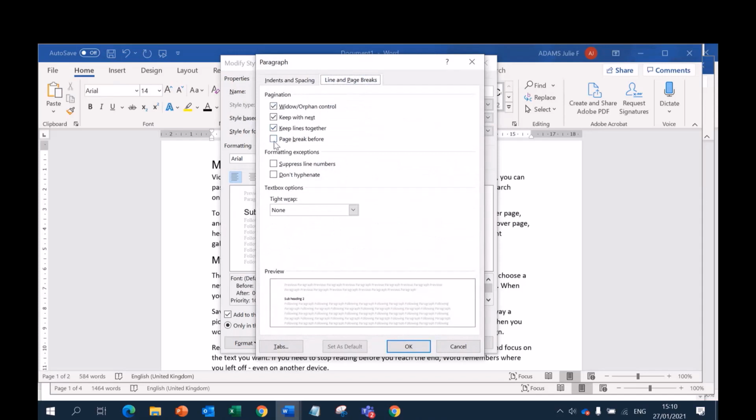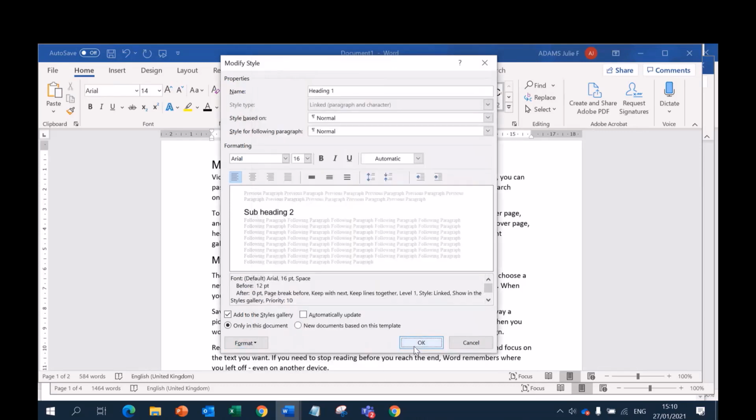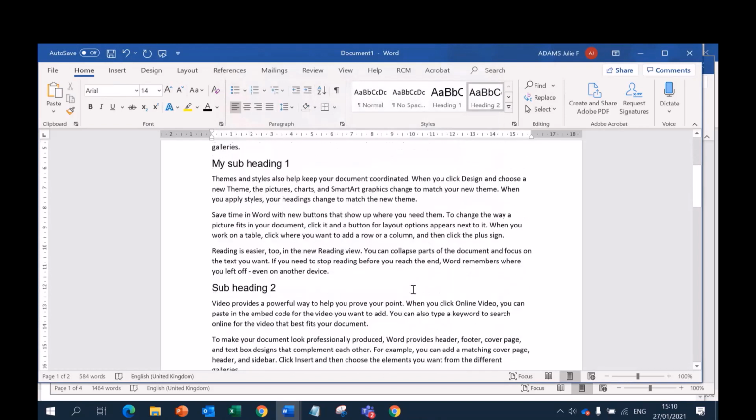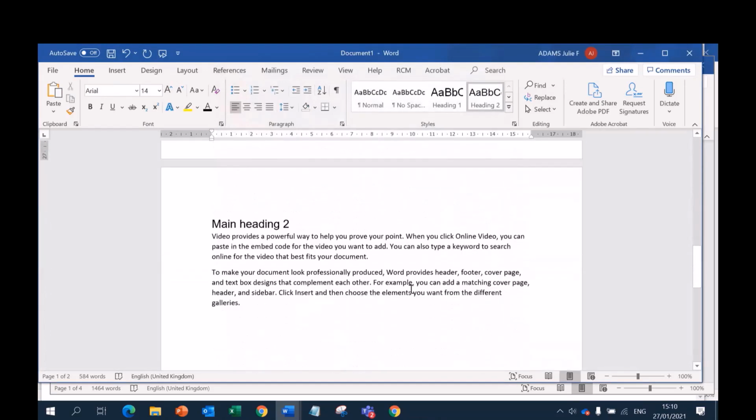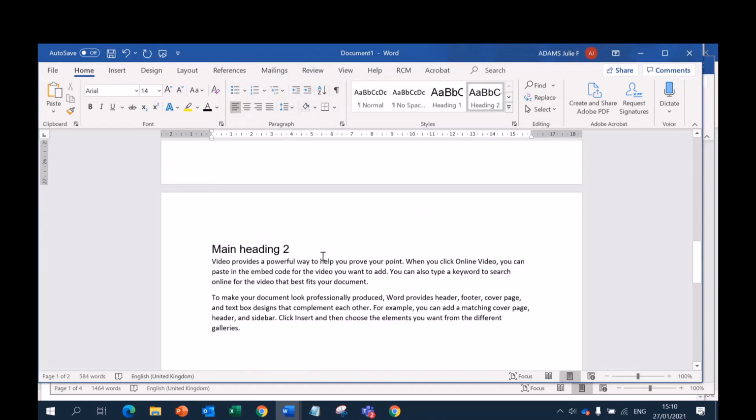I'm now going to ask it, whenever I put in a new main heading, a new heading 1, my chapter heading, I wanted to put an automatic page break before that heading. So if I now say OK to that and OK to that, and I scroll down, you'll see that where I'd now created my main heading 2, it's gone onto a new page for me automatically. So that can be quite a good tip, say when you're working on your headings, which are going to be